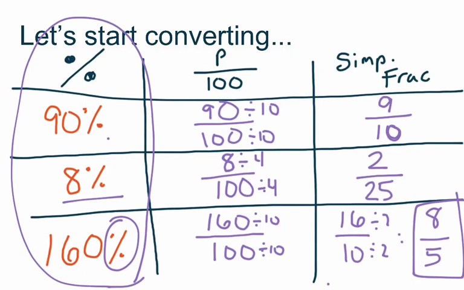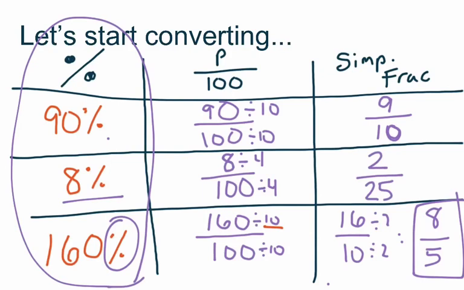So what could I have divided by? I started off dividing by 10, but that didn't simplify it all in one. What could I have divided by? Hopefully you said 20. If I had divided 160 by 20, that would give me 8. 100 divided by 20 gives me 5. Okay? On the next set of practice problems, we're going to flip this around and